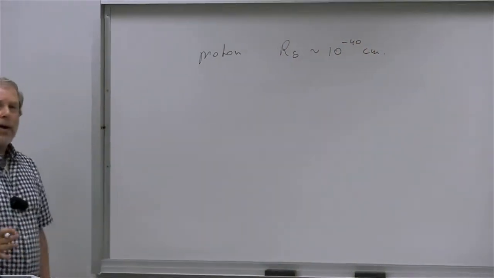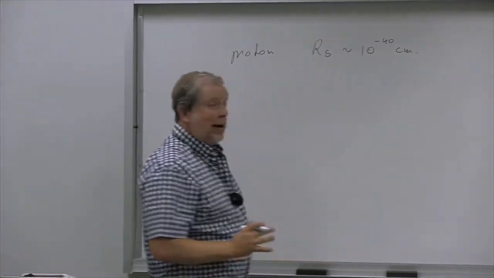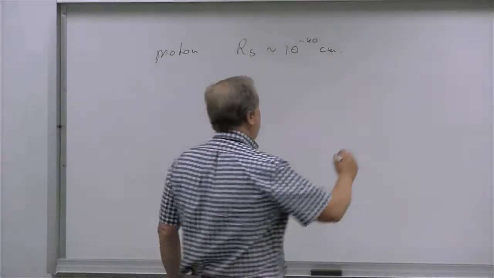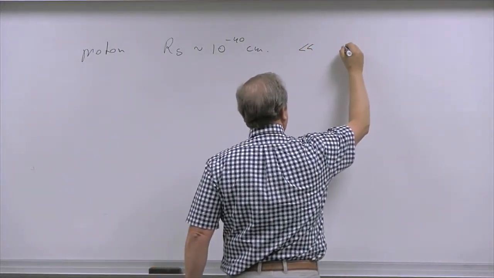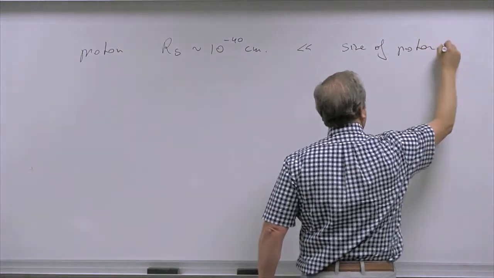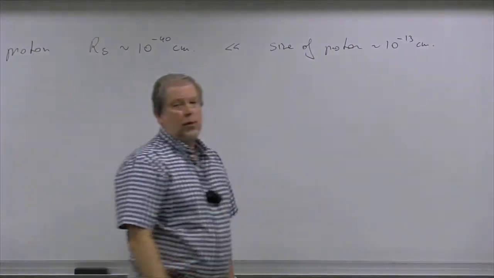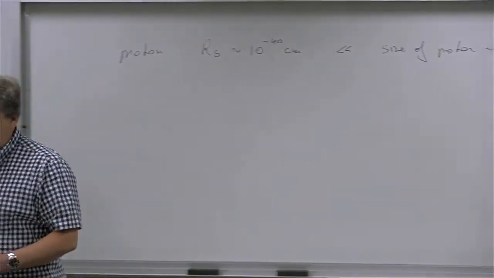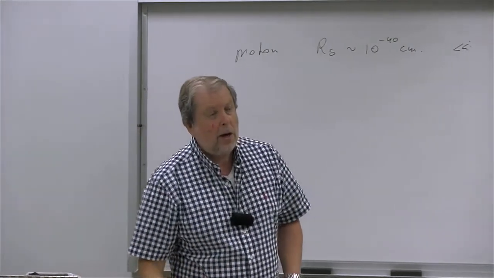So it is completely irrelevant if you have a particle that is very light in mass, because this radius is, of course, much, much smaller than the size of the proton, which is about 10 to the minus 13 centimeters, right? So as far as particle physics, these kinds of sizes are kind of irrelevant,